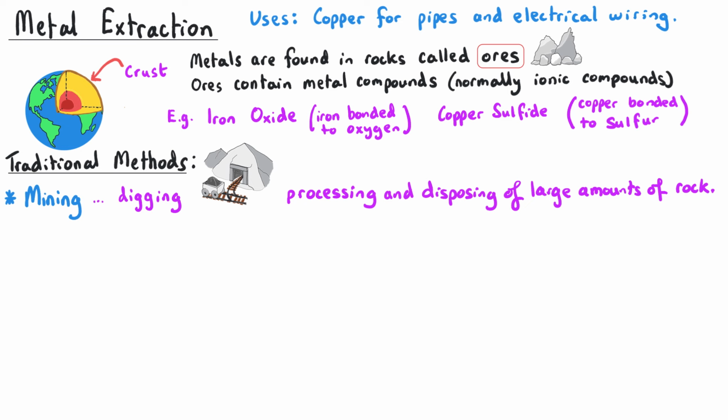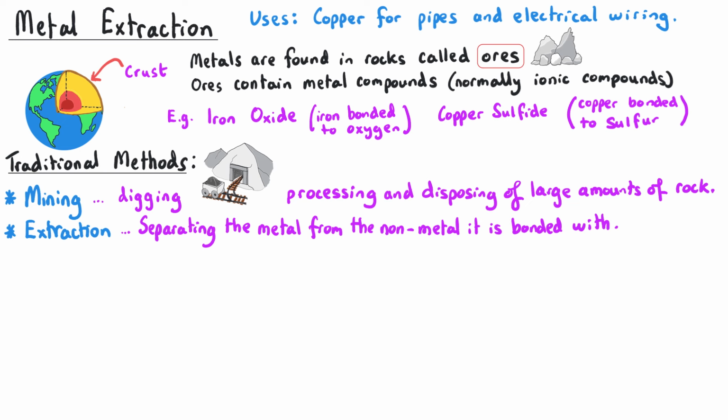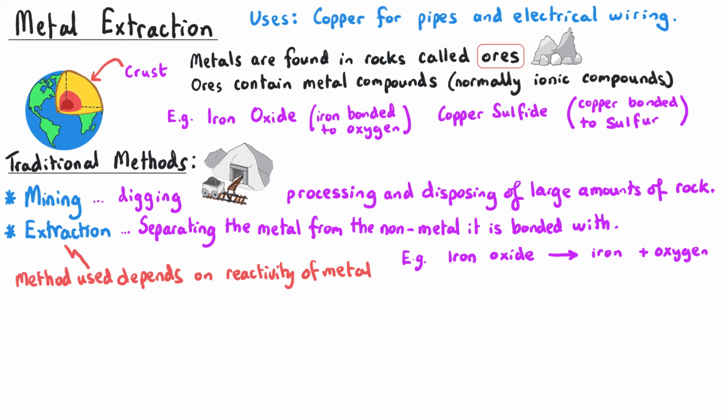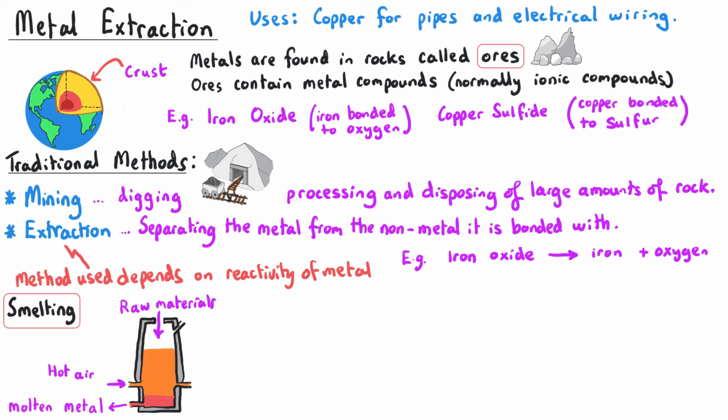Having separated the metal compound from the rest of the rock, we need to separate the metal itself from the non-metal that it is bonded with. Let's give an example of iron bonded to oxygen. To do this, we have a variety of options depending on what the metal is. You learn more about this in another topic, but typically this will involve something called smelting, where something more reactive